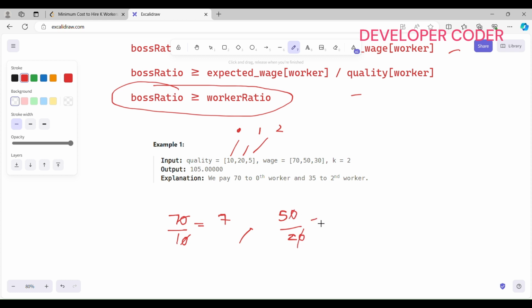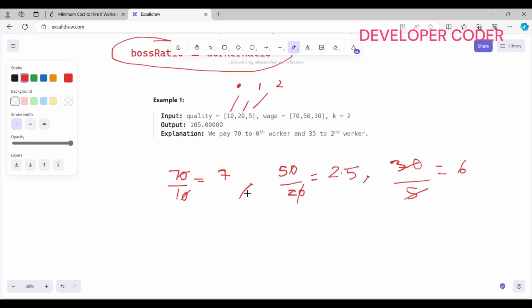So 50 divided by 20, so it's nothing but 2.5. This is the second worker ratio. Third one, what is the expected wage? The expected wage is 30. And what is the quality? 5. So what is the output? 5 times 6 is 30, so I'm going to write 6 here. So now I have calculated the worker ratio of each